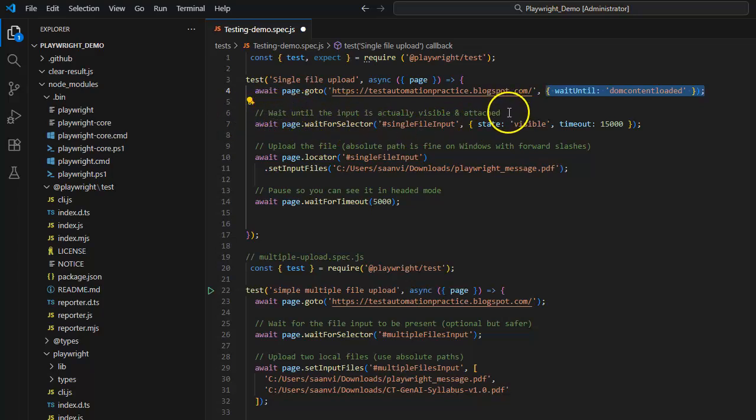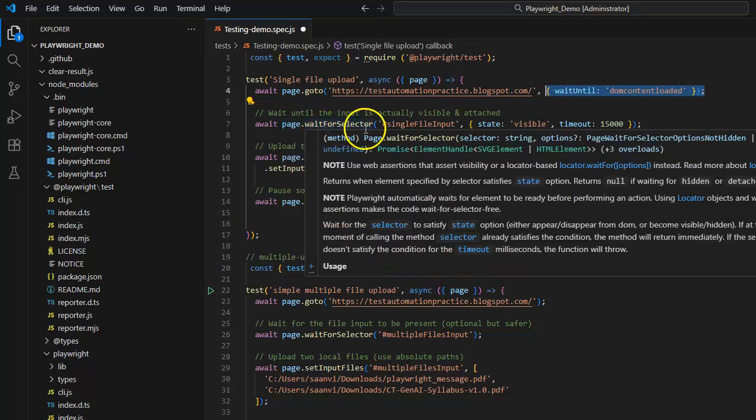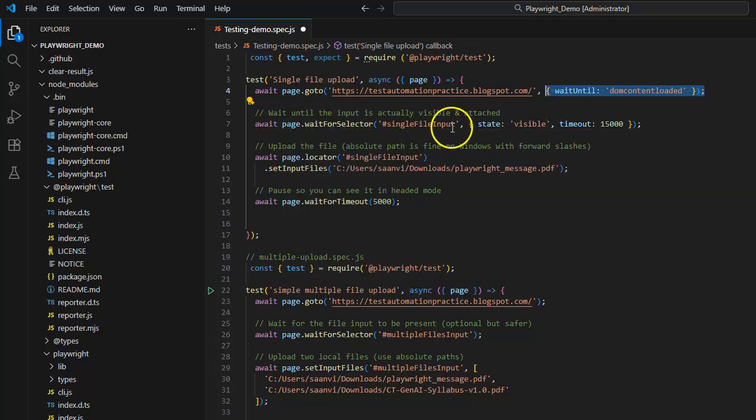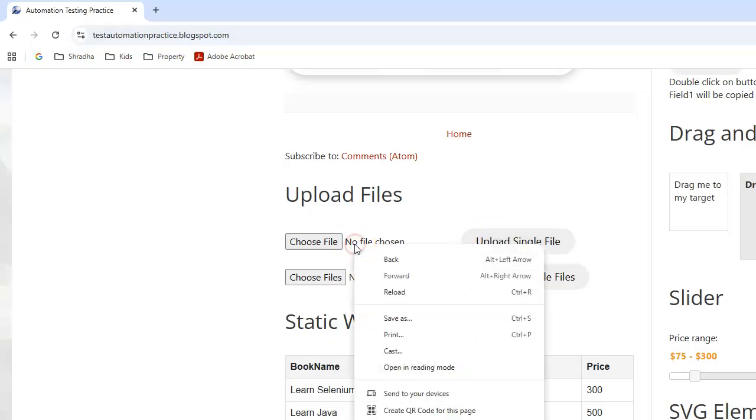You will be able to see wait until the input is actually visible and attached. So here, page dot wait for selector, this function I'm going to use. First we will use here the page dot locator. And what is the locator of the single file input? Let me show you. This is a single